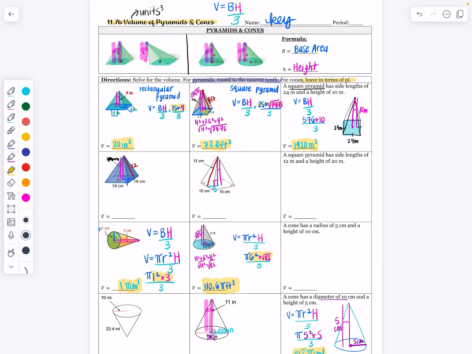Now, I do want to say this. We mixed in, I call them Easter eggs, a few cylinders and prisms into your homework to make sure you know the difference and when to use each formula. So just pay attention to that. Not everything is base times height divided by 3 because we wanted y'all to practice differentiating between when you see a cylinder, that's just base times height, and when you see a prism, that's just base times height. The only time you divide by 3 is if it's a pyramid or a cone,